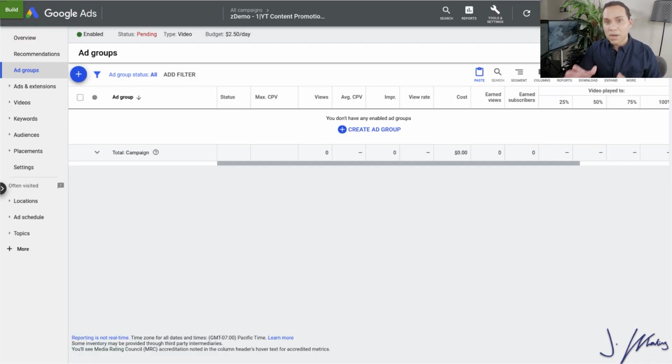And if you ever want to modify anything that we just went through, you can always go to the left-hand side and click on settings, and you'll be able to get to all of the options that we just went through. So nothing that we've put together so far is set in stone. When we get to the ad groups, there's something that you can't undo. But for now, everything we've done so far, you can undo.